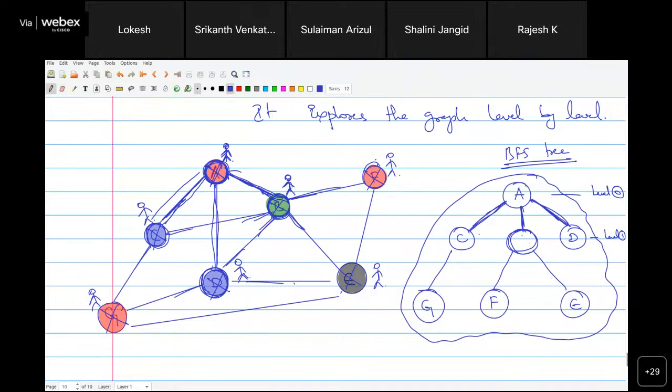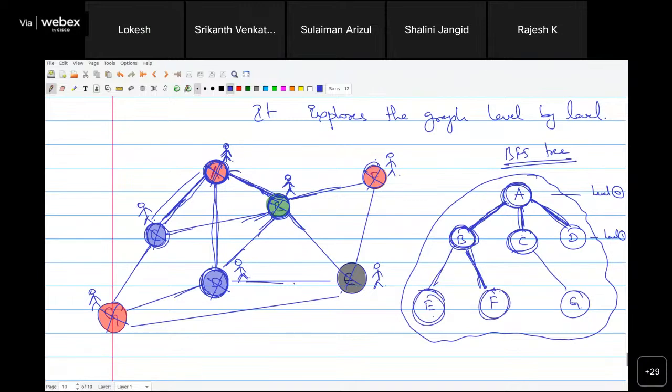So as I said, alphabetical order. So B, C, D, E, F and G. So I started from A, I explored B, C, D in the level 1. Then I have moved to B, and then from B I have explored E and F,